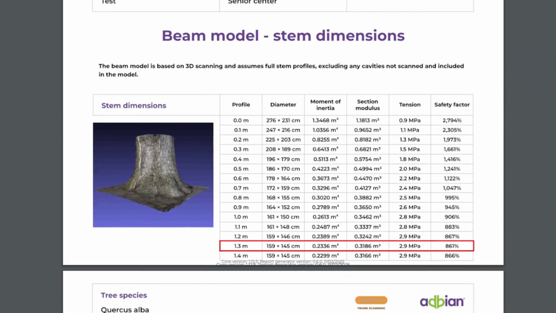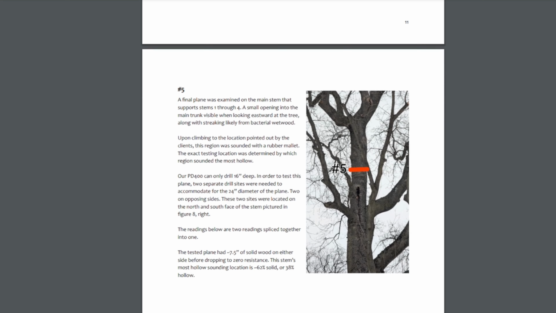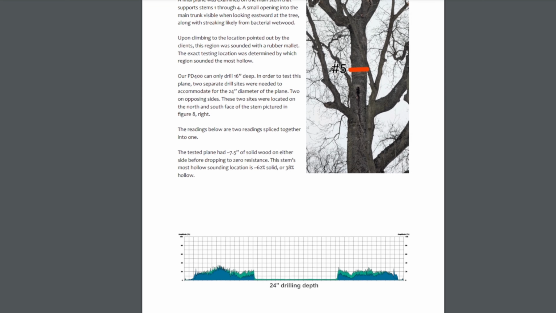These conversations can be challenging to navigate, and it's important that you do it right, because if you do it wrong, sometimes it can lead to the tree being removed when it could have been managed instead. If you can provide supporting data and explain how you got the data, its limitations and whatnot, in my own experience, this is how you keep trees around. And I think that's the whole point of doing arboriculture in the first place.